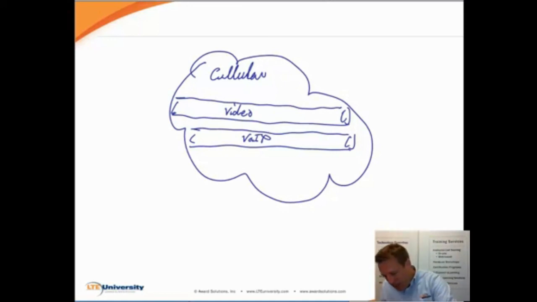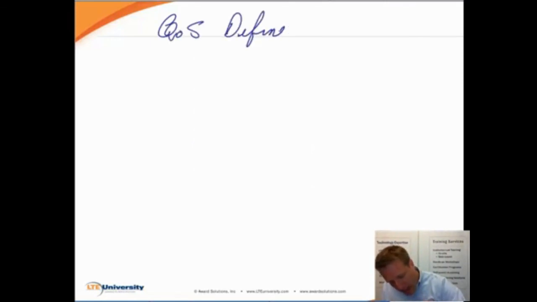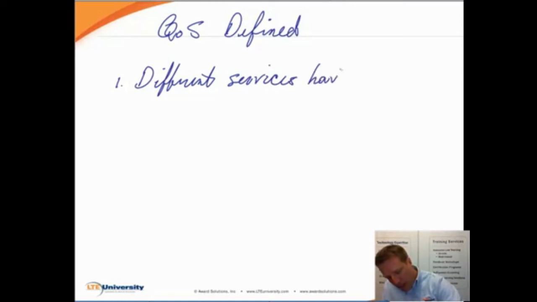All right, so if we want to define QoS, we need to understand this first point. And that says that different services have different requirements. Like file transfer has different requirements than a voice over IP call.